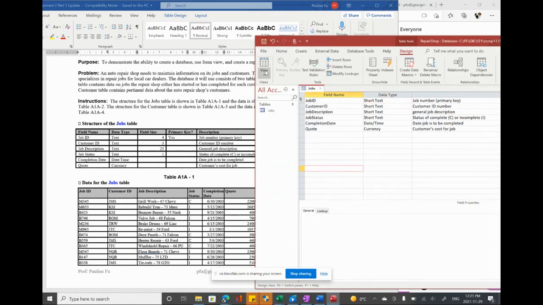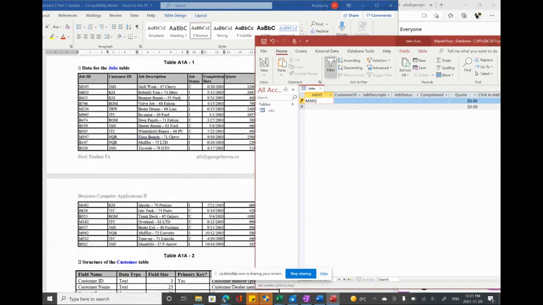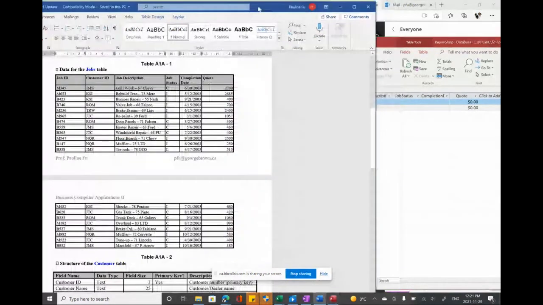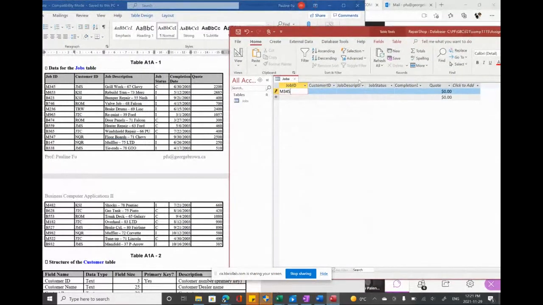Okay. Save button. Go back to datasheet view. And now you can enter 5. This is JobID. Enter this record. Try to adjust the window so that you can see both windows clearly, right? All right, so CustomerID, JMS, JobDescription. If you cannot see it complete, you can move a little bit to the right so that you can see the complete job description. Grill